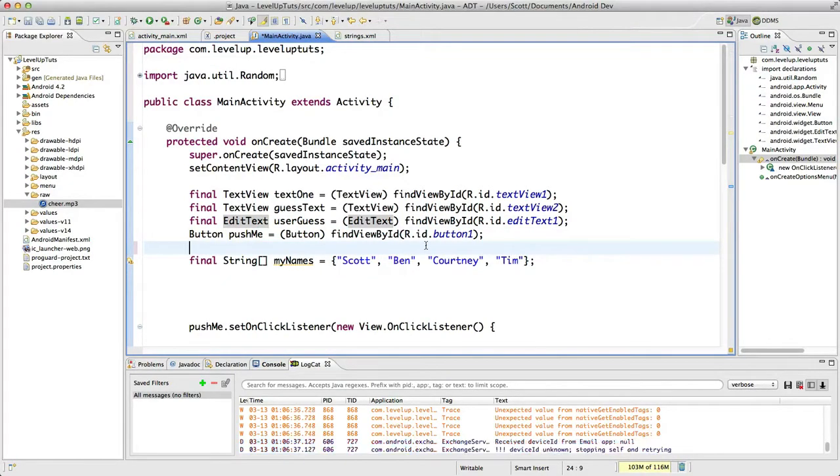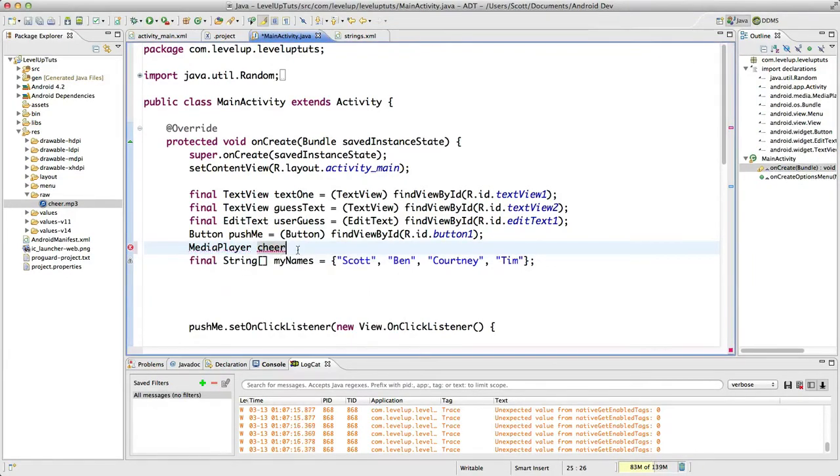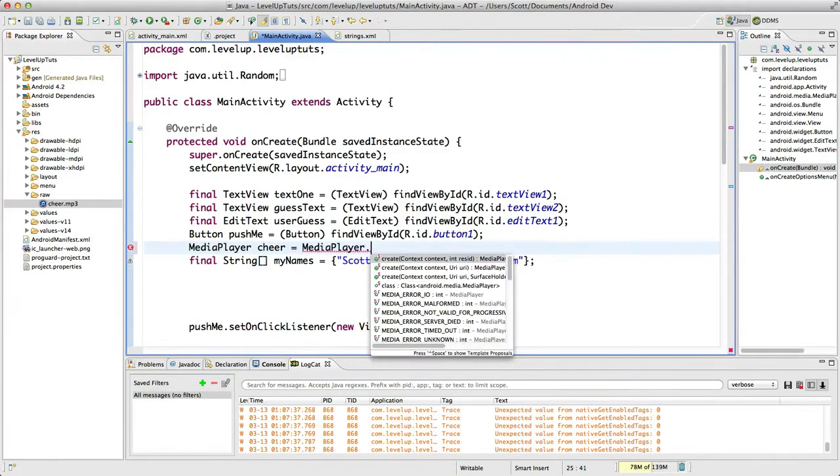So we can say media player, and then we're going to name it, and this is just going to be cheer. You're already going to know some red underlines. If you hover over media player, it's going to ask you to import it. Let's import it. That will get rid of that. And then we can do equals. And just like we've done before, we're going to say media player, and it's a capital P there, dot